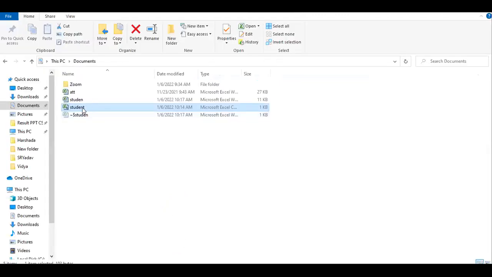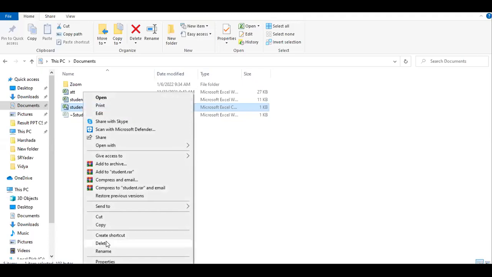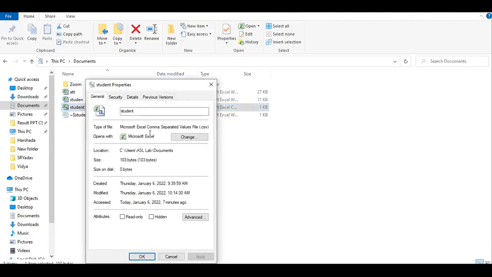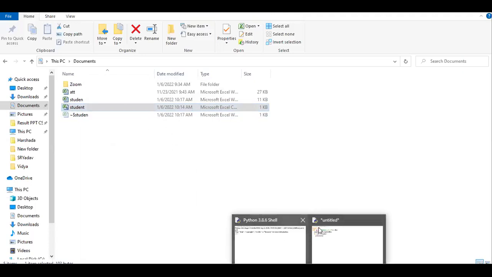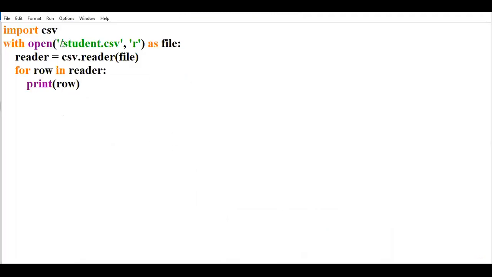Here you just have to change the path. I will copy the path here. Just simply copy this path.